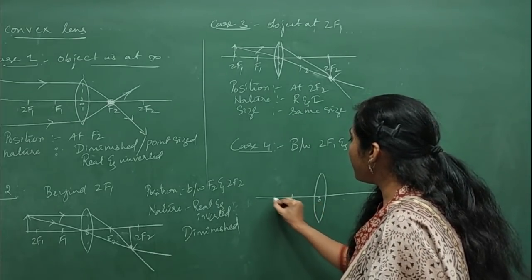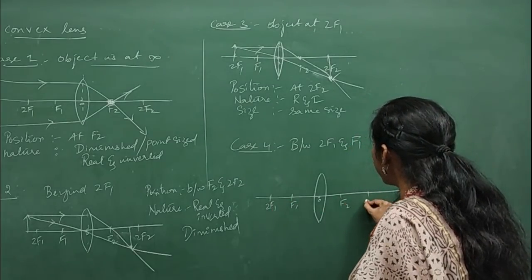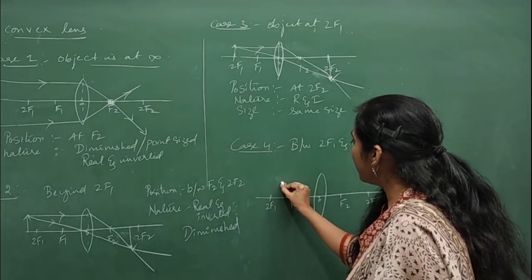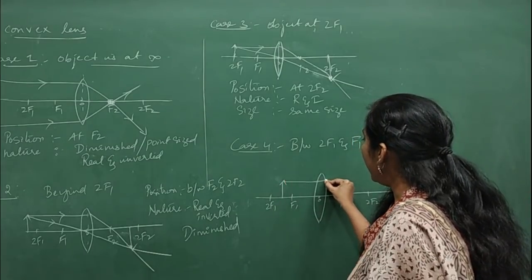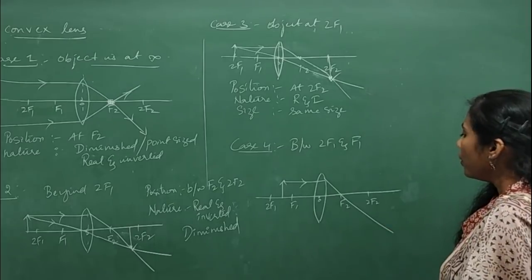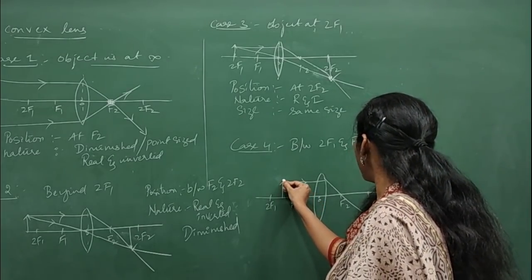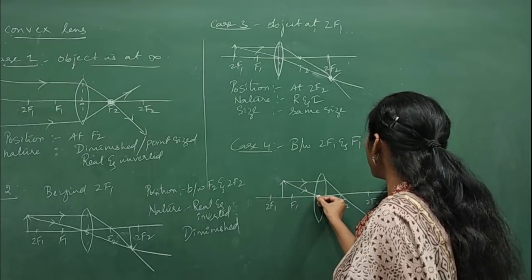So this is F1, this is 2F1, F2, and this is 2F2. So I am keeping my object here. I'll take an incident ray parallel to the principal axis. It will pass through focus,